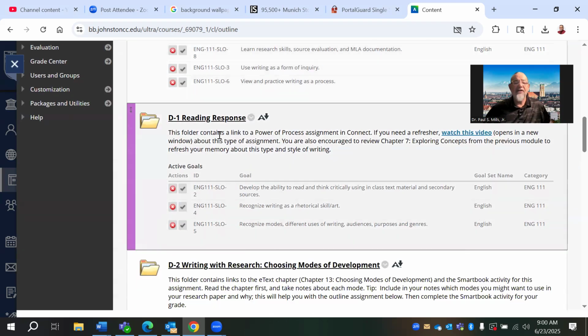So the D1 assignment is that power of process assignment. If you need a refresher on how to do that, watch the video that's there. It opens in a new window. It tells you how to complete this type of assignment. You're encouraged to review Chapter 7, the Exploring Concepts from last module to refresh your memory before you do that